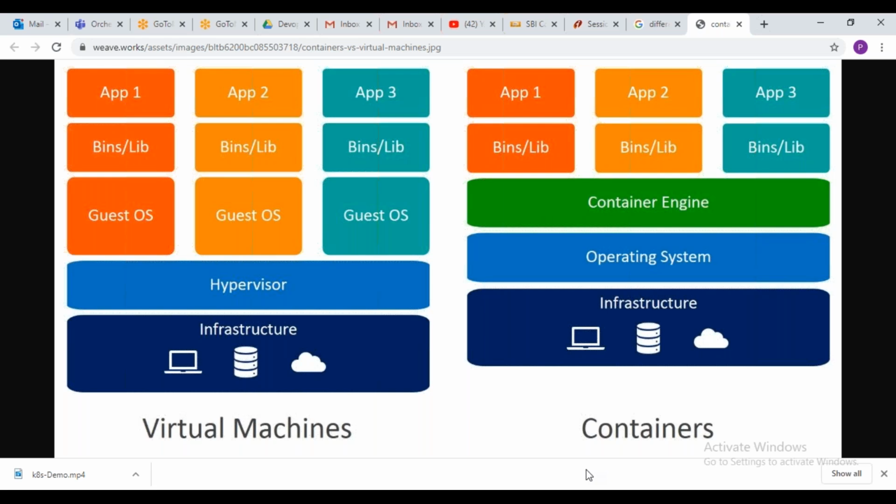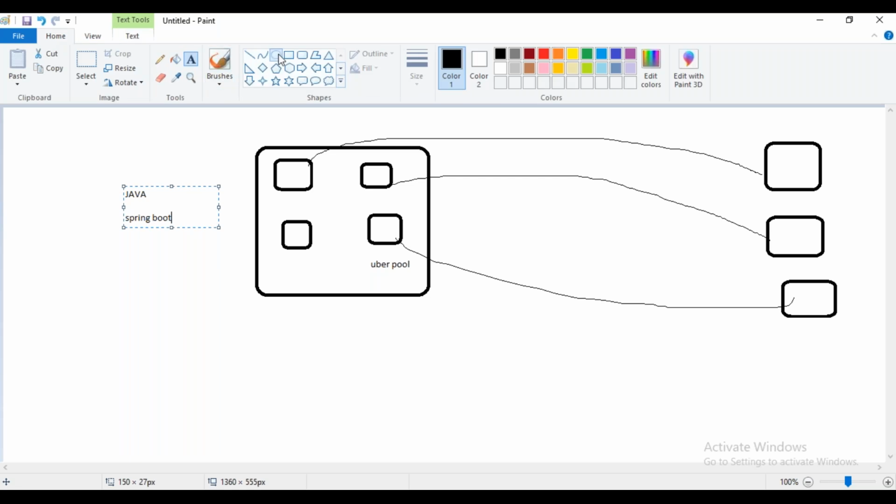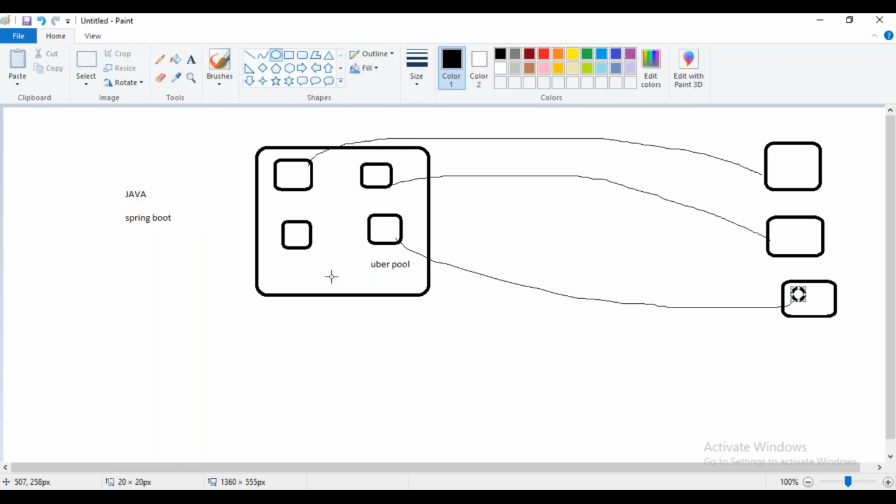Another advantage: for example, I was talking about when Uber Pool is getting a lot of traffic, then for the container that is running, there is no need to increase the capacity for all these microservices.